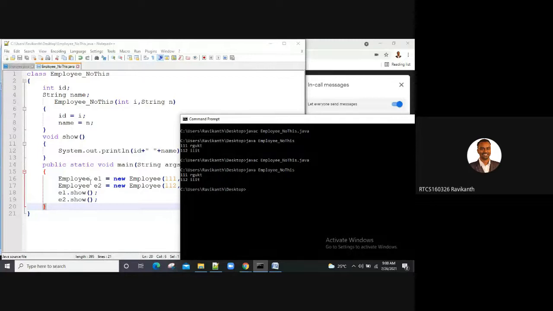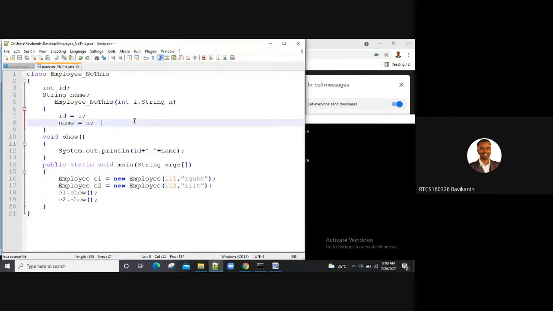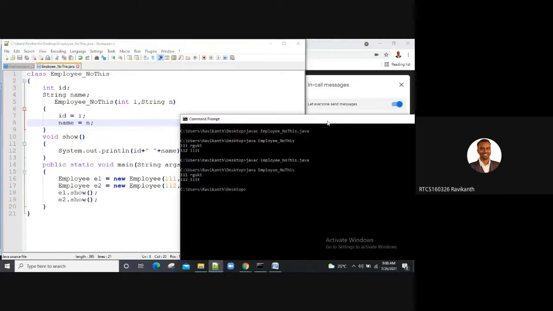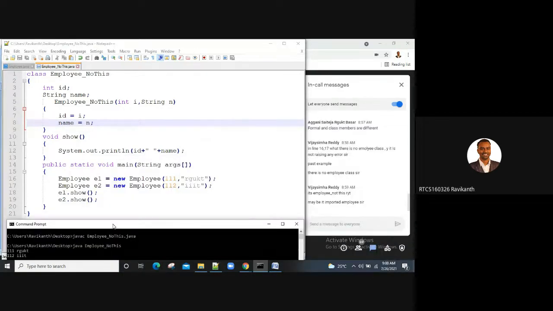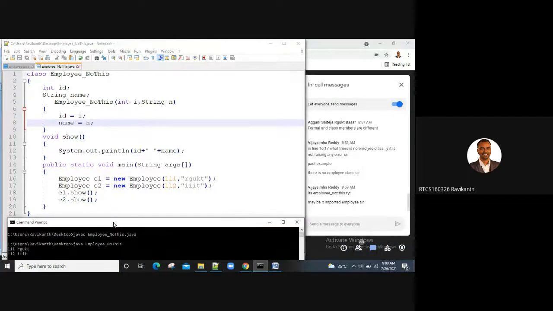We are actually creating an object for employee. On what basis is it treating it?